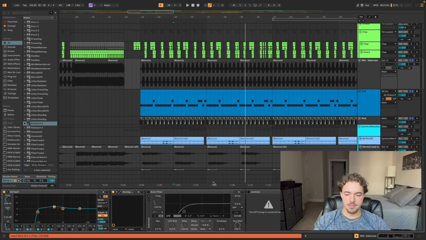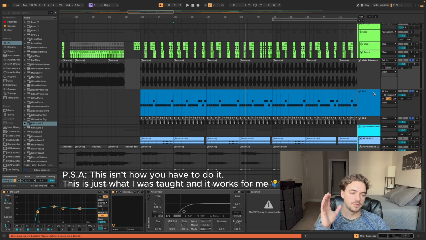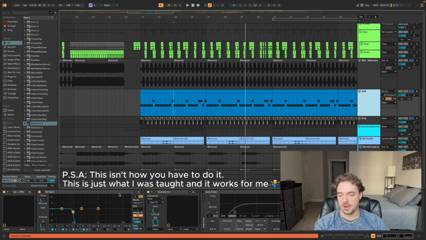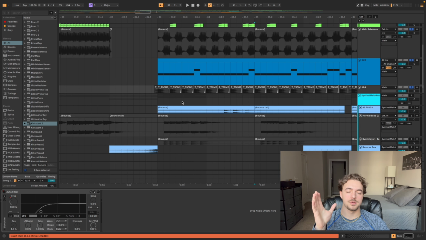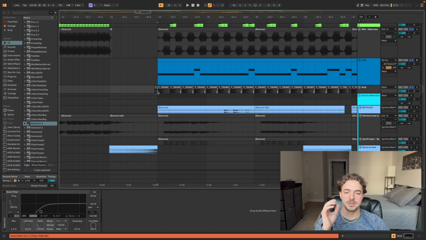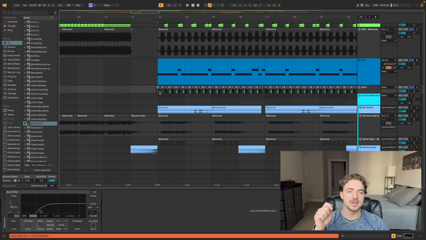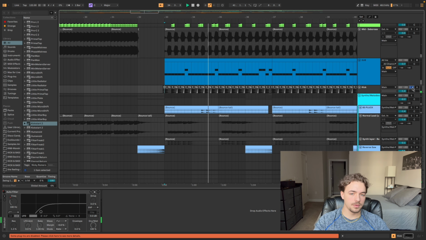For my mid bass, I'll always start it at 90 hertz, and for the sub, I'll do the same thing where I cut it under 90 hertz. And then for the kick, have it here super normal. Just find a kick that matches your genre. It doesn't have to be anything crazy. Just make sure it sounds good, it doesn't sound distorted, and it matches your genre. You don't want a techno kick in a house song and vice versa. So just make sure you figure that out, whether you're looking through Splice samples or sample packs or whatever.